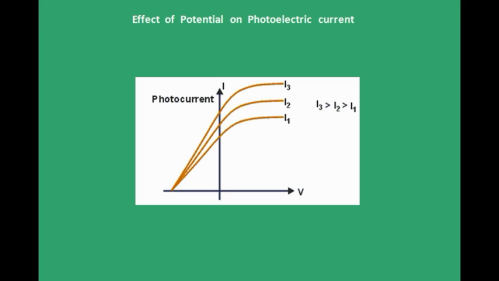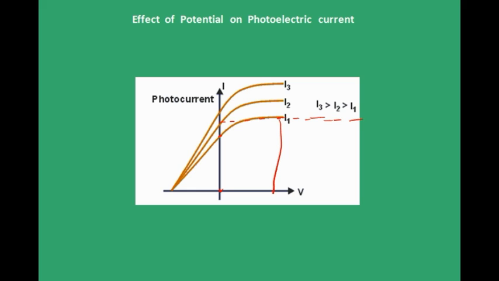Let's go forward. Let us see the effect of potential on photoelectric current. Observe this. First, when the applied potential was zero, there was some current. These curves are for three different intensities. First, let us concentrate on one intensity, say I1. There was some current. When you increase the potential, what happens? Slowly there comes a state where the current is saturated. That is called the saturation current. Beyond that, however much you increase the potential, nothing is going to change, because